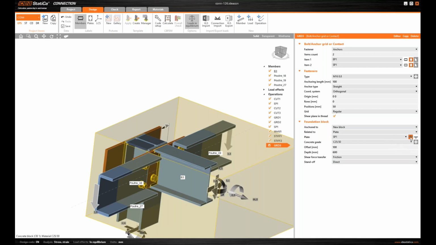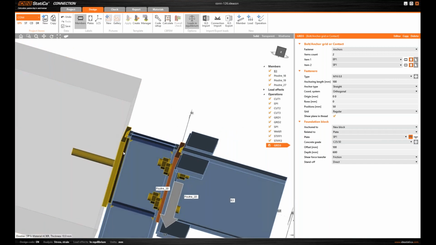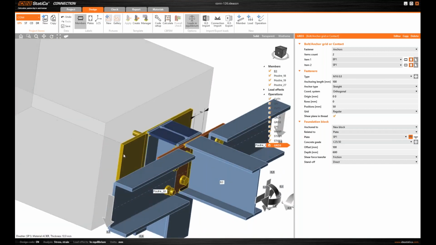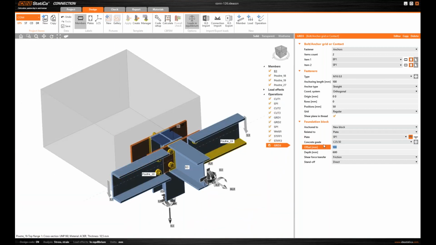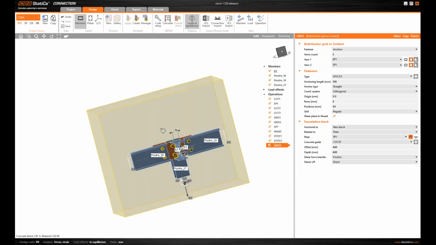And here I can switch the sides or the surface to which the base plate is created or attached. So this is looking good now. I can shape the concrete block, which is actually a cut of the wall. So I think 400 millimeters of offset would be enough,